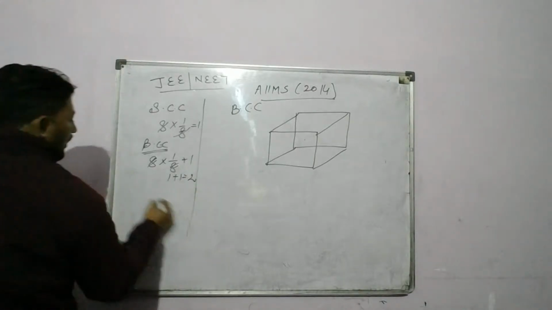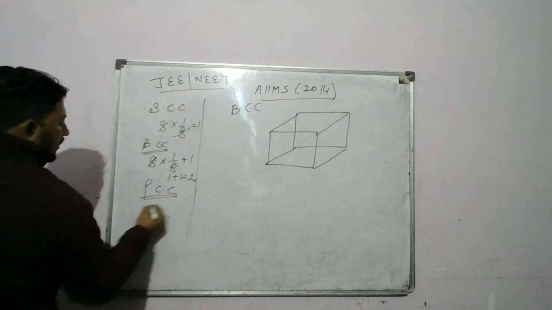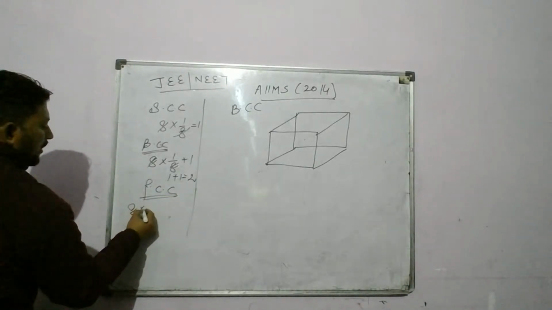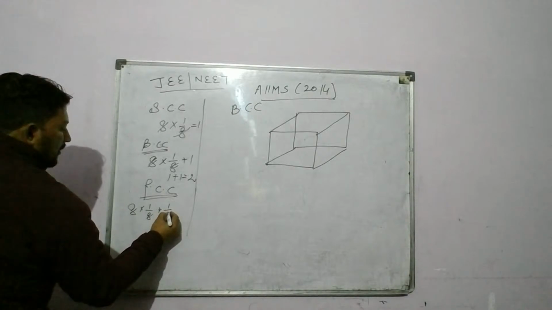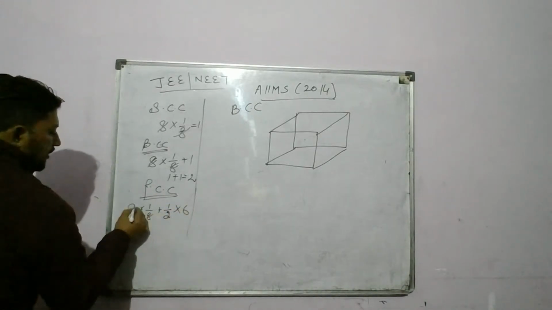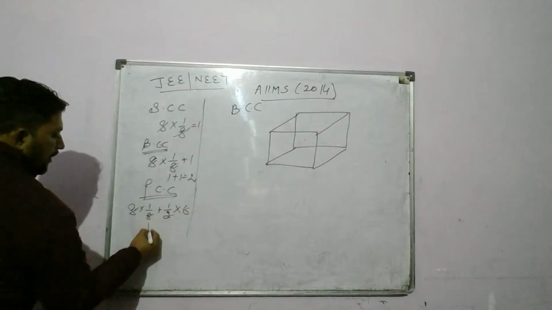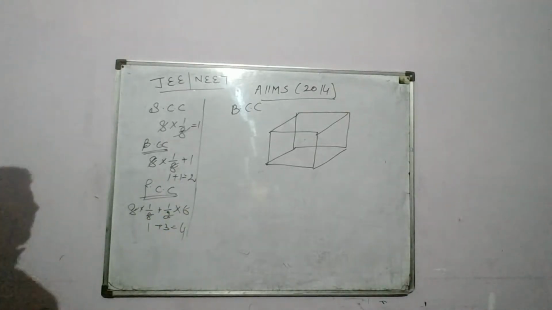One more, FCC, face centered cubic crystal. It means atoms are present at the corner as well as the center of each face. 1 by 2, and faces are 6. It means 1 plus 3 is equal to 4. What the question is asking